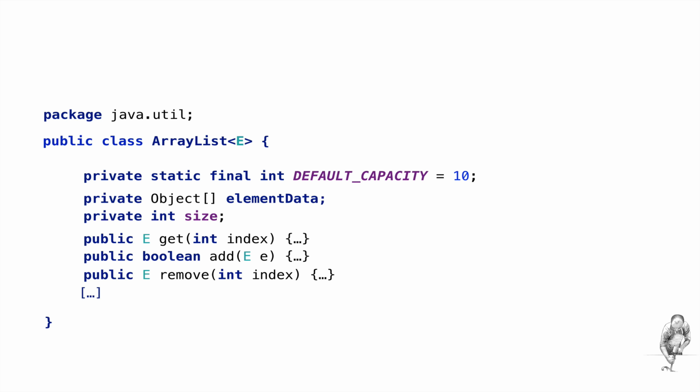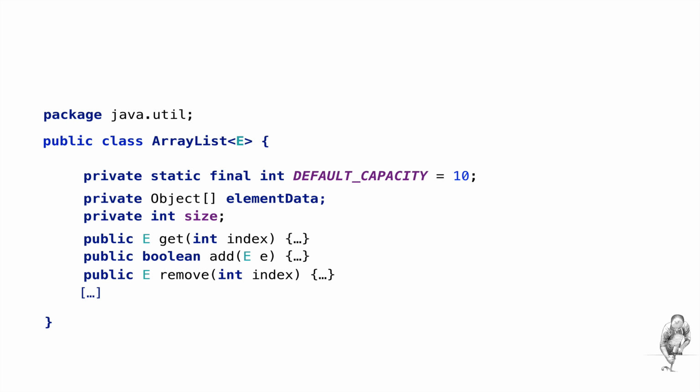Here you can see a simplified extract of the class ArrayList. Keep in mind, the real class looks a bit more complicated. This is just meant to give you a more concrete idea of what the class ArrayList looks like. As you can see, ArrayList is just a class anyone could have written, given enough time and knowledge. There is no black magic. You can find the actual source code online.